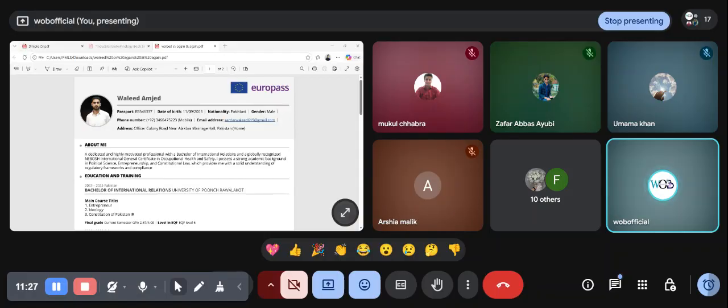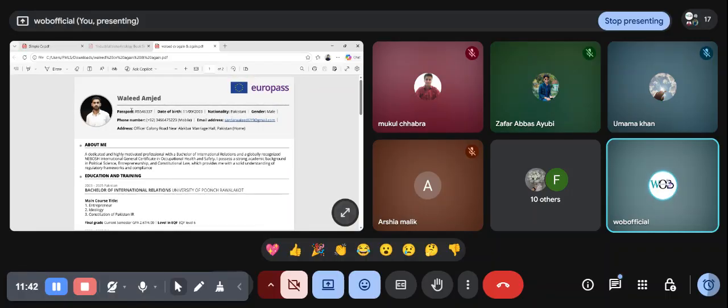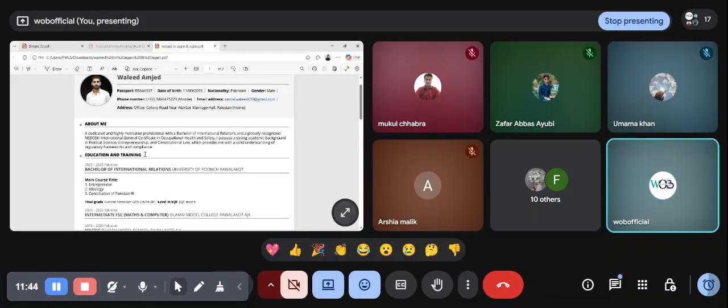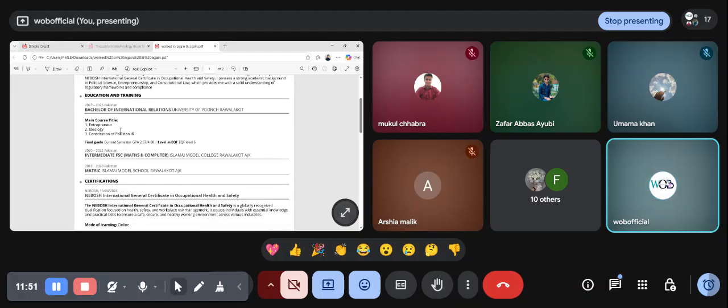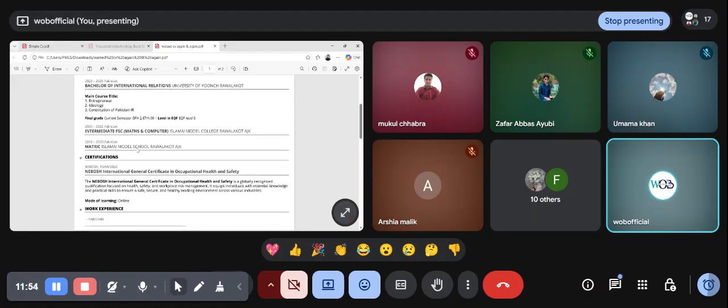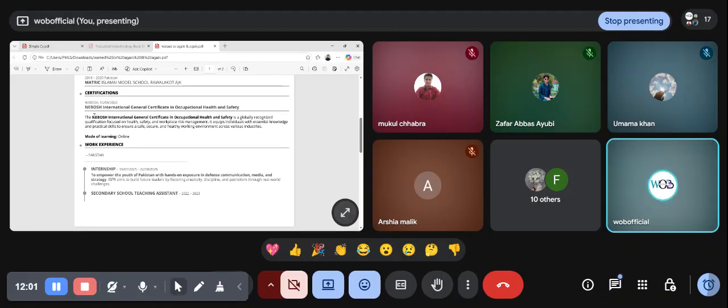The Europass CV, yes. The way I have already told you to make your Europass CV is actually to look like this, if you have completed all the things that are required. Name, passport number, address, nationality, gender, about, education with main course title and final or current semester, then intermediate FSc, school, college, then certification.